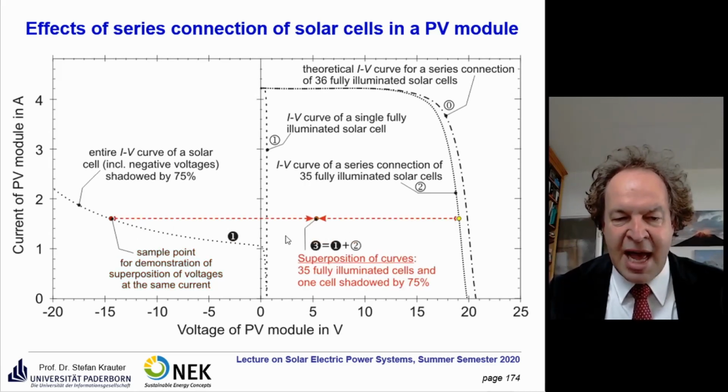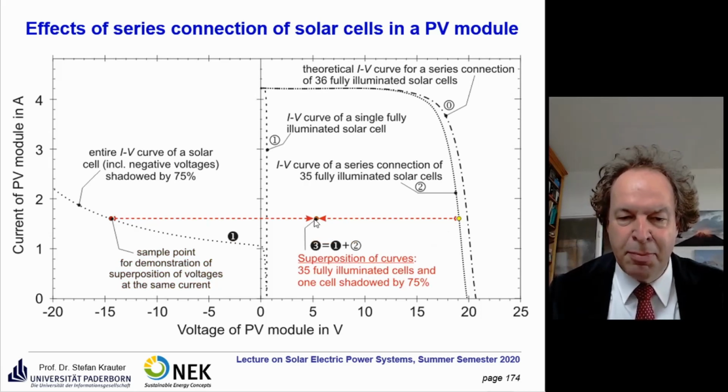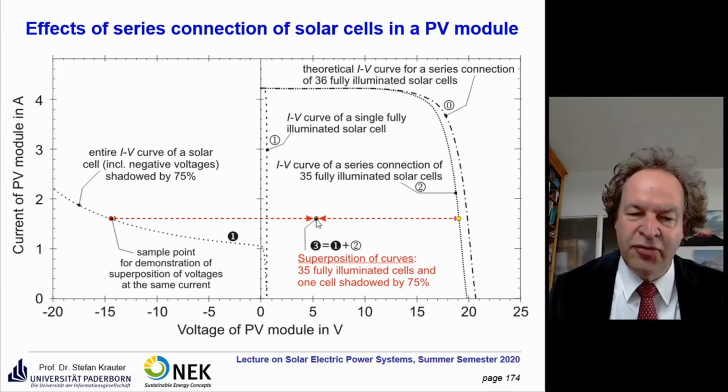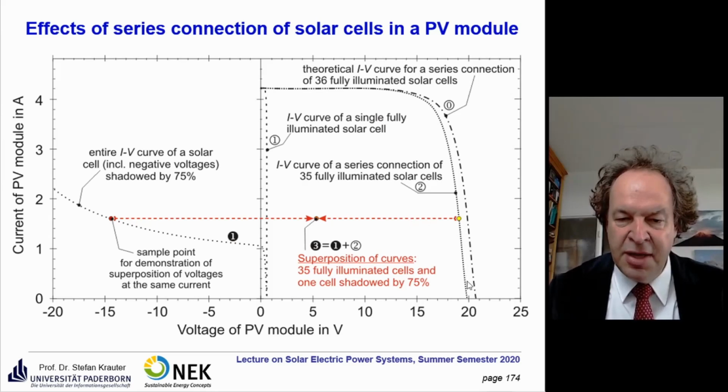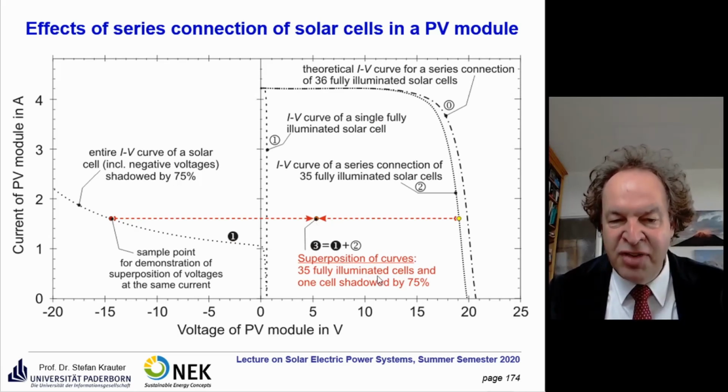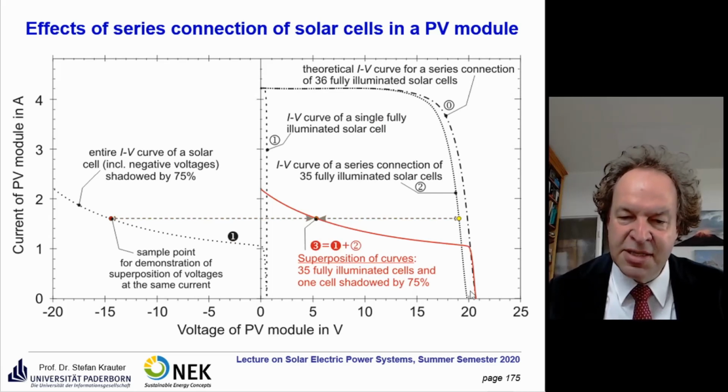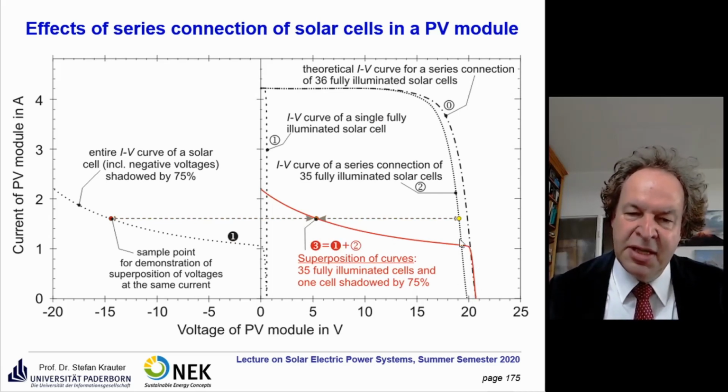So we put a straight line, and then we add up this voltage plus that voltage, so this is the superposition of the curve. So we have a point of the new IV curve here, and we continue that to all other points of this thin dotted line to this large dotted line, which will create then our new IV curve. And this you see here. This is the red line, our new IV curve here, and you see here it's much smaller than the